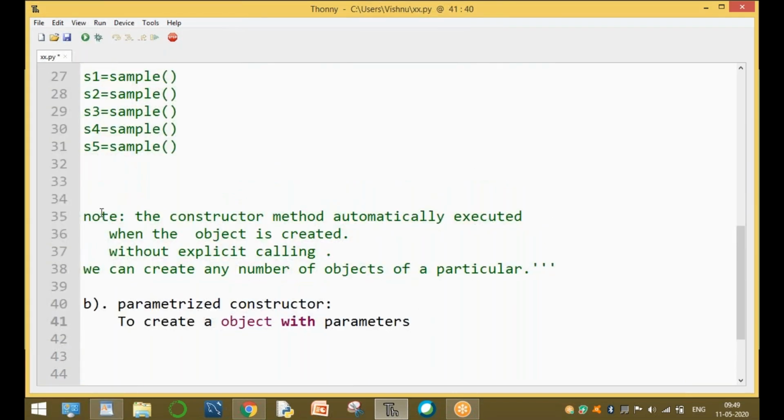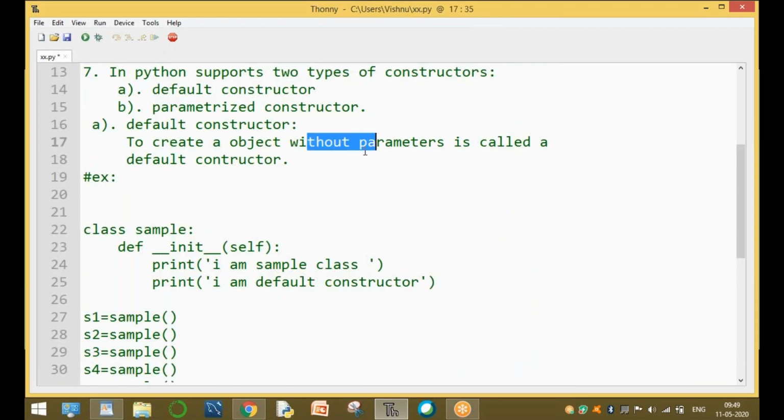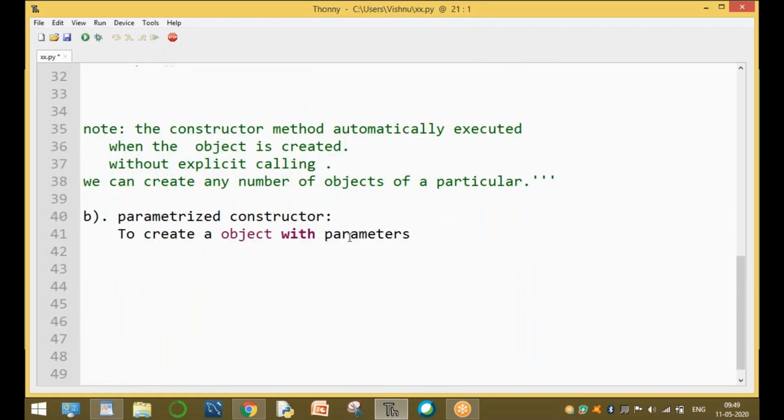In default it means without parameters. To create an object with parameters is called a parameterized constructor.